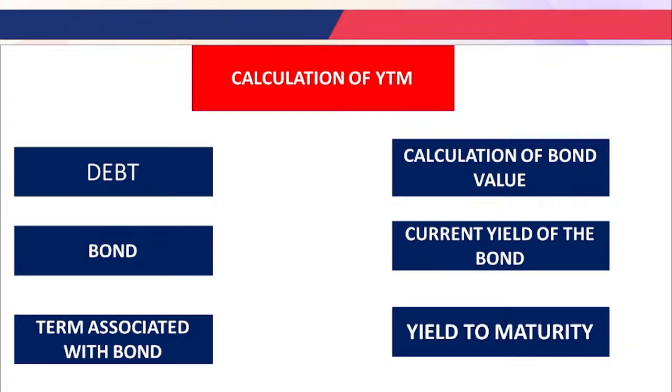Now the another chapter is calculation of the YTM. In the YTM, you are going to understand about the bond. A bond is actually issued by the government and corporations, and in the bond the general public invests money. By investing the money, you are an investor, and the investor is going to receive the principal at the end of the maturity period of the bond, as well as the interest on the bond, that is predetermined when the bond is issued by the government and corporation.